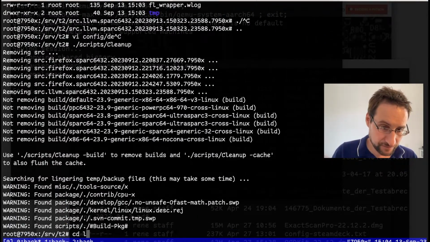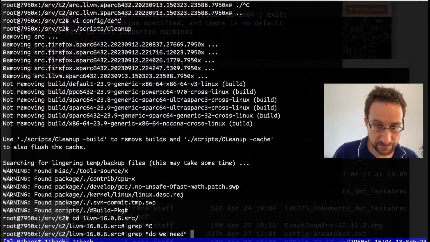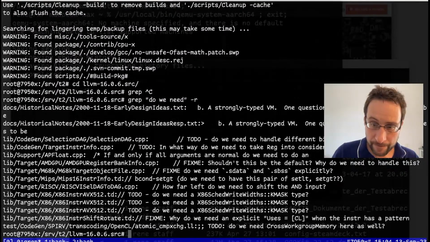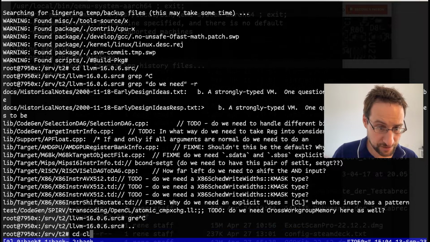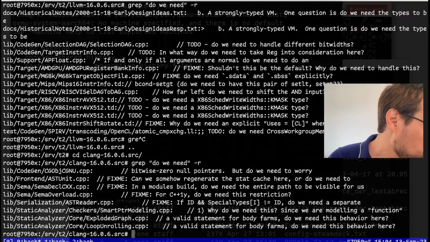You're saying, do we need bit width? Did you say this in LLVM or in Clang? Or was it below the video already? Anyway,